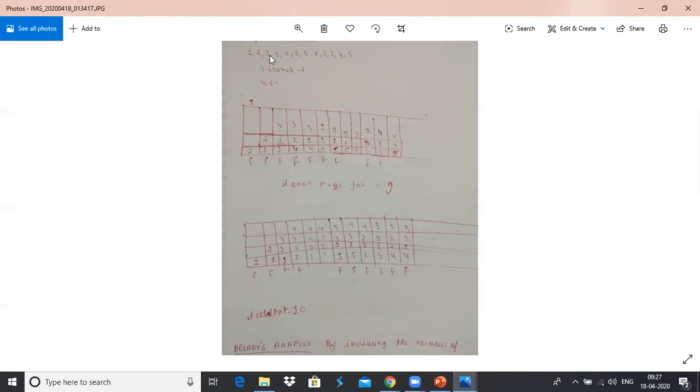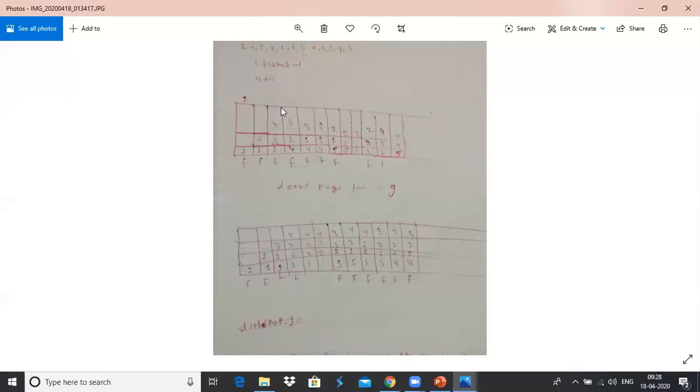Again request for memory reference 3, so 3 comes in frame number 3. Again 4 comes, and you are applying the FIFO replacement algorithm. So page number 1, because this page comes first before 2 and 3, will be replaced by 4. Page number 4 comes in at frame number 0, because 1 is replaced, as we are applying the FIFO replacement algorithm.